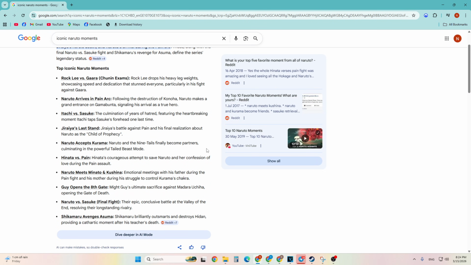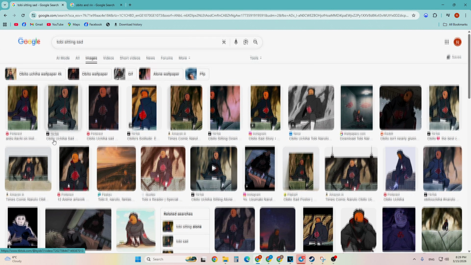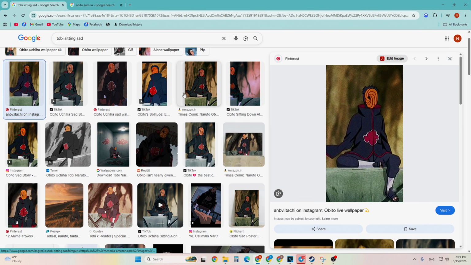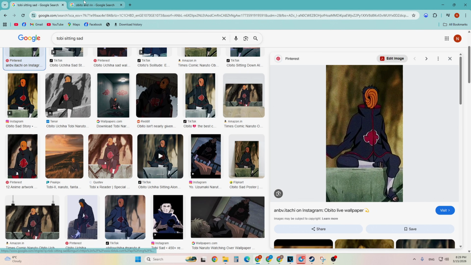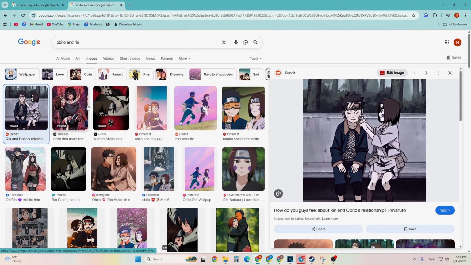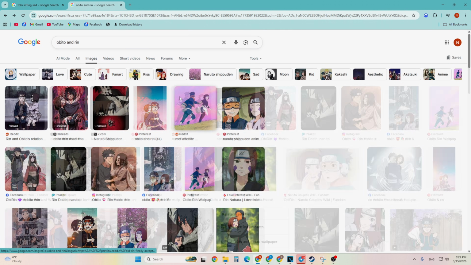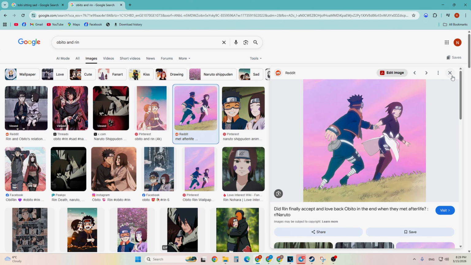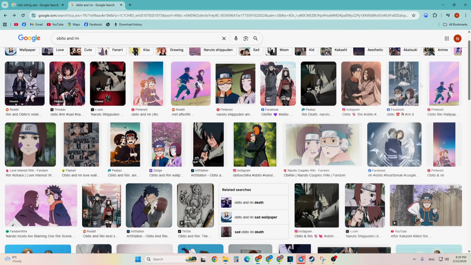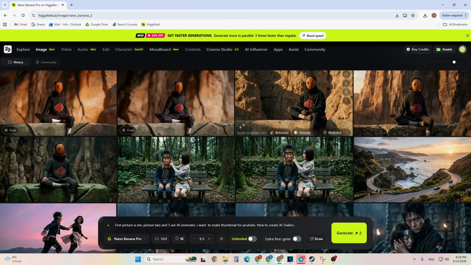Once I decide the scene, I move to the most important step. This is the most critical part of the entire process. Everything depends on the first image. If the image is good, the AI tools will generate great video. If the image is bad, the video will always look wrong. So here's what I do. First, I find the anime frame or scene I want to recreate. Then I convert that image into a realistic version using tools like Nano Banana Pro, Nano Banana 2.